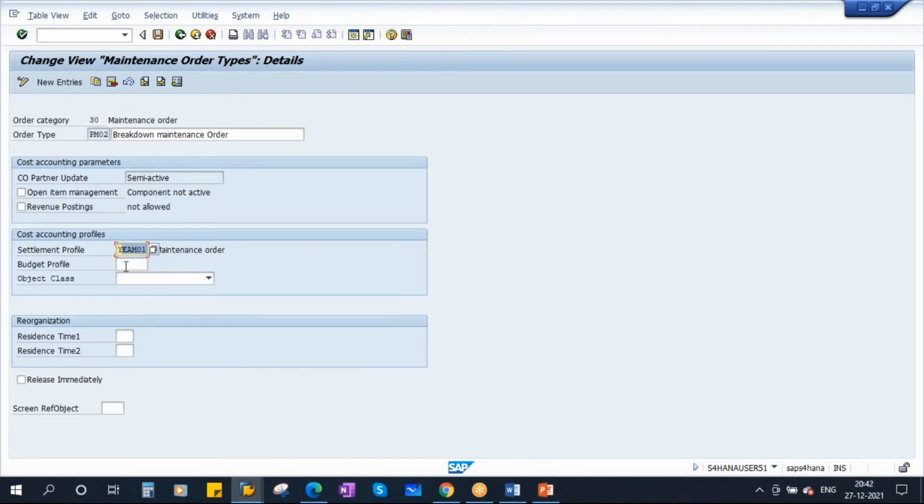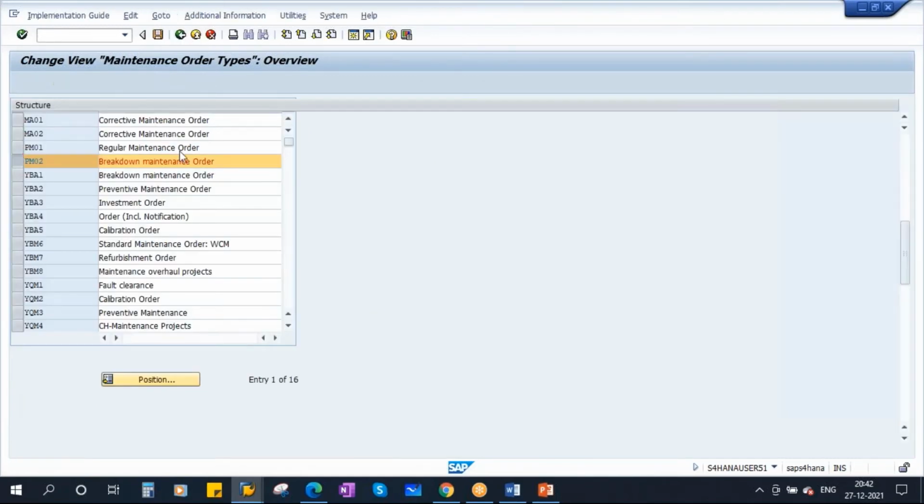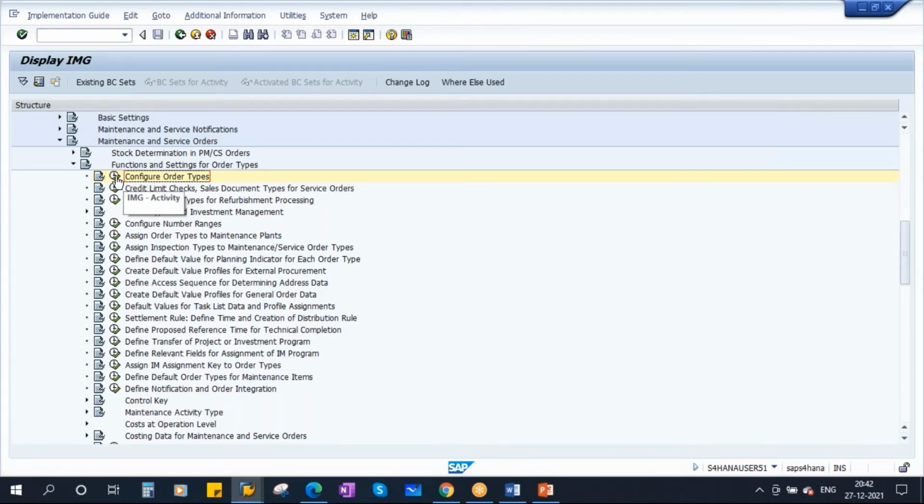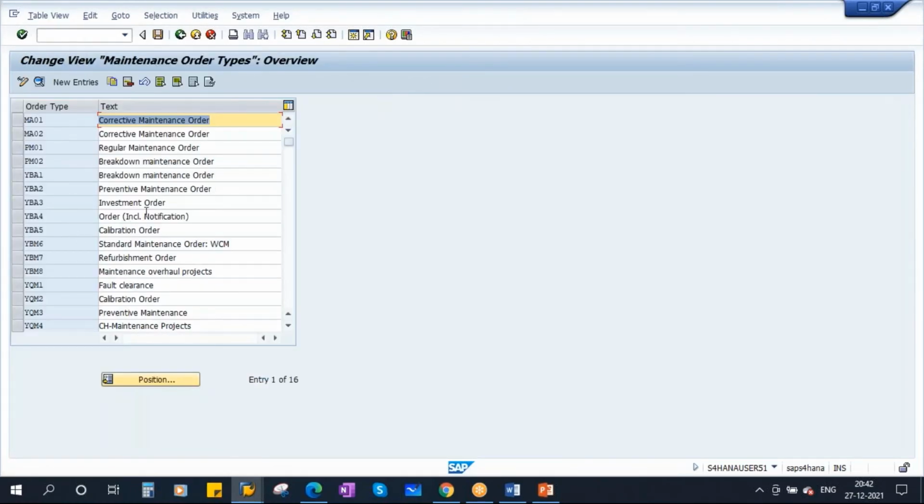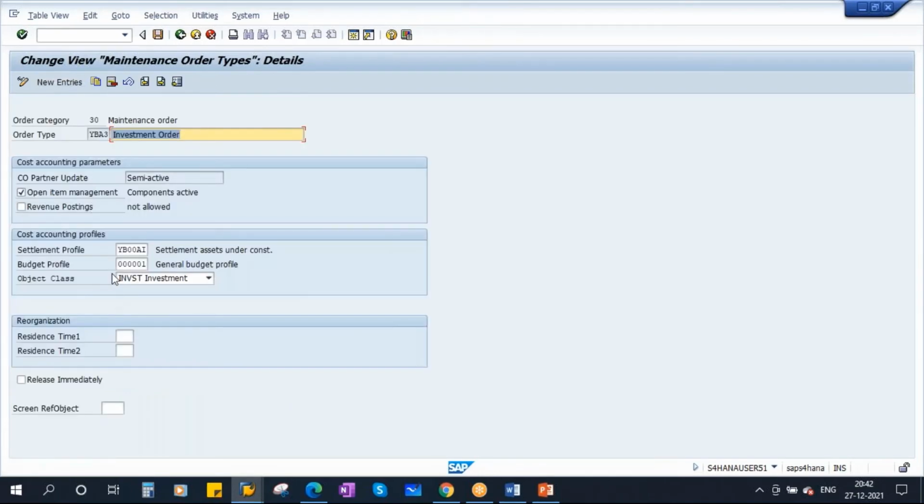Okay. Budget profile. Budget profile is required only if you are using an investment order. Suppose I will show you. Let me go back. Again, if I go to order types, here you have investment order. This we discussed. Suppose you select this and go to details, for this there is a budget profile assigned.